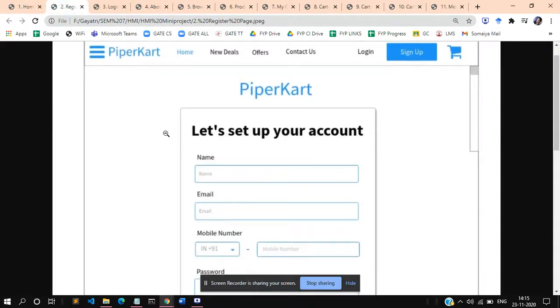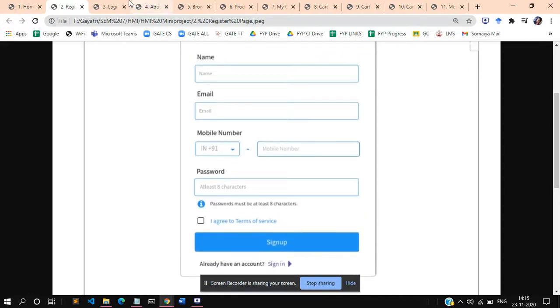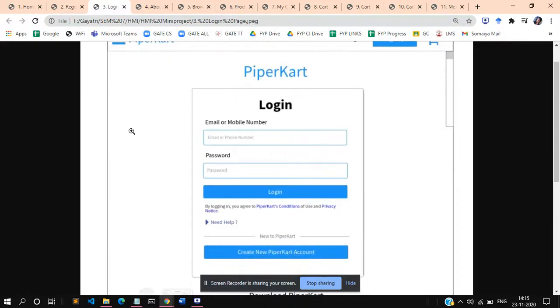This page displays a sign up form where all the input fields have proper placeholders and labels and guiding textual clues such as errors which will be shown in red color. Then we have the login page which also has the same error and information cues for guiding the user.